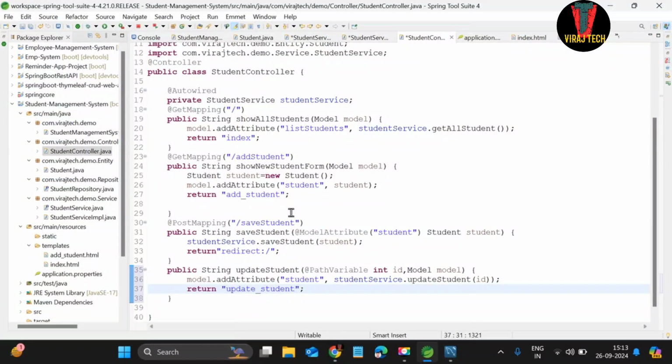Now again we are going to create the update student HTML file inside the template folder, and to access this